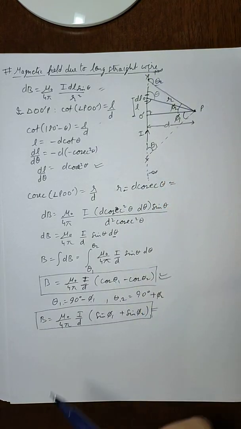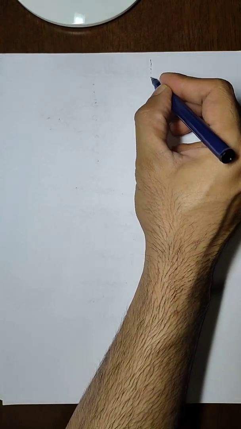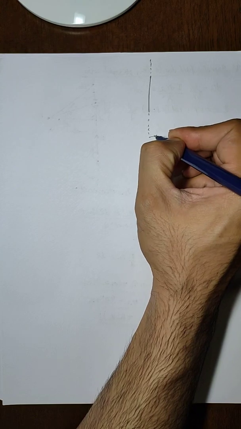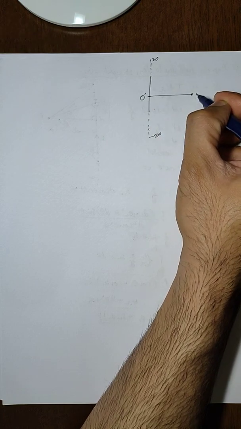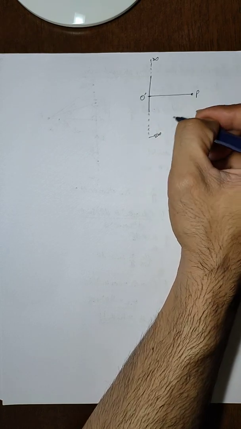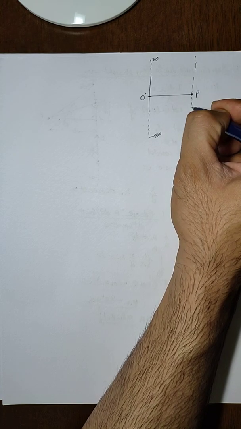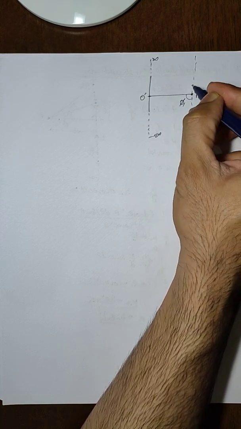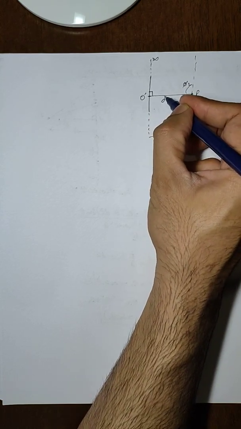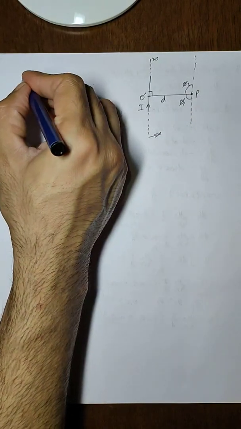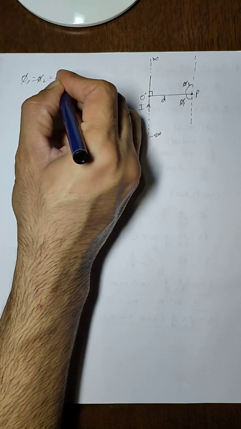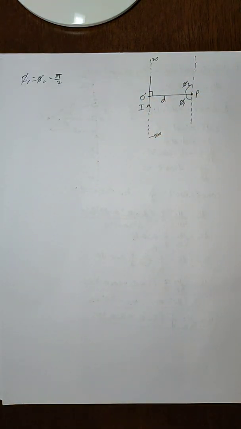We can assume that. So we redraw this diagram by taking the conductor at infinity, till minus infinity and till plus infinity, and if this is the O dash point and this is P, then the lines connecting Y with P and X with P can be considered as straight lines. This was our phi 1 and phi 2. This will be 90 degrees. This was the distance d and this was I. So now phi 1 and phi 2 become almost equal to pi by 2. So for infinite length we can take them as equal to 90 degrees.